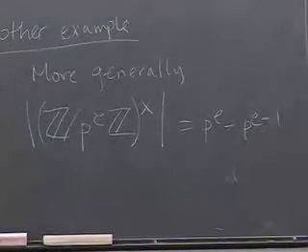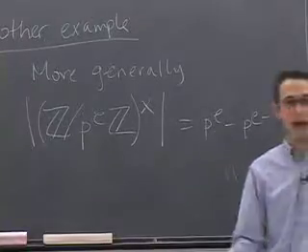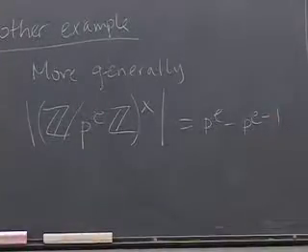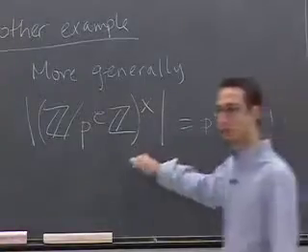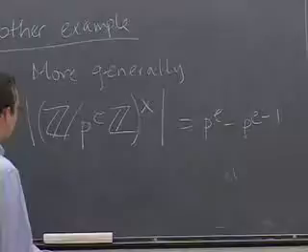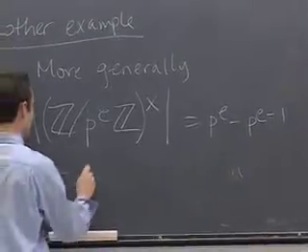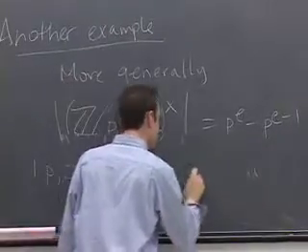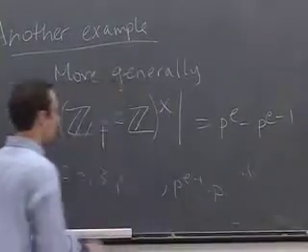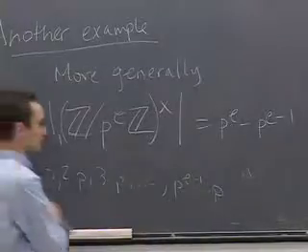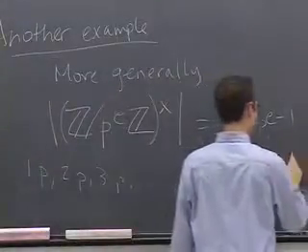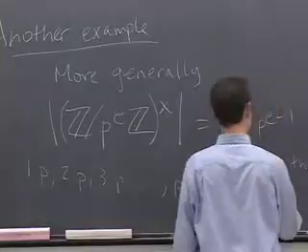So the answer he gave makes a sort of reference to some number theoretic background. But there's a very simple combinatorial way of seeing why that's true. Yes, go ahead. Exactly. This is everything except the multiples of p. What are the multiples of p? The multiples of p are 1 times p, 2 times p, 3 times p, up to p^(e-1) times p. These are exactly the things not relatively prime